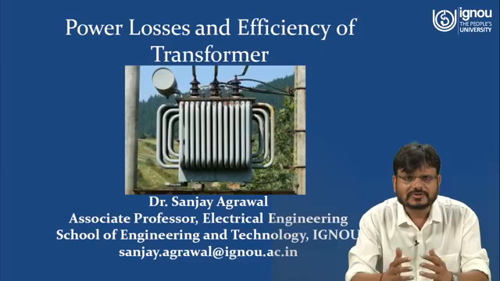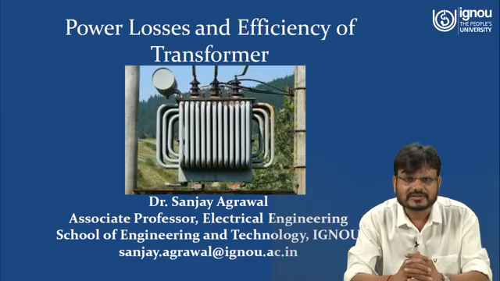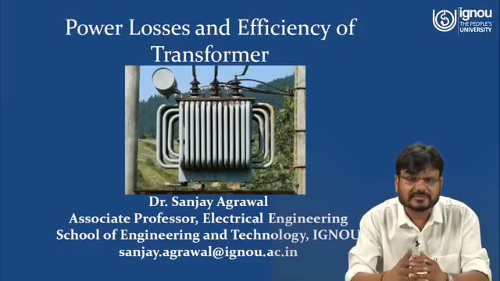As you know, a transformer is a static machine. What is the meaning of this? That means there is no dynamic part in the transformer. And you know that a transformer has the highest efficiency, nearly 97% or 98%. The reason behind this is that it doesn't have any moving part, so it doesn't have any frictional losses and windage losses.